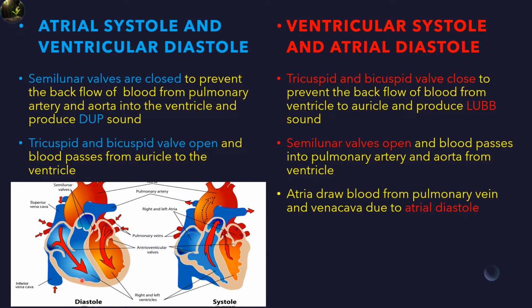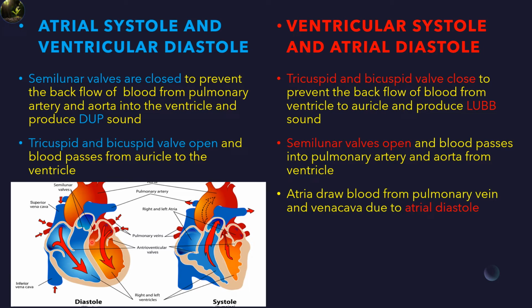Because of the relaxing stage of diastole, there is a chance of blood coming from the pulmonary artery and aorta to the ventricle. That's why the pulmonary semilunar valve present on the opening of the pulmonary artery and the aortic semilunar valve present on the opening of the aorta